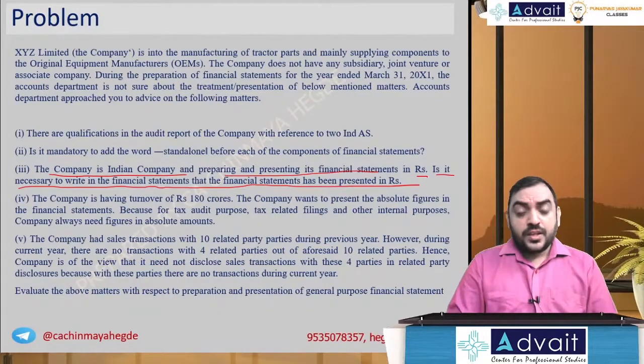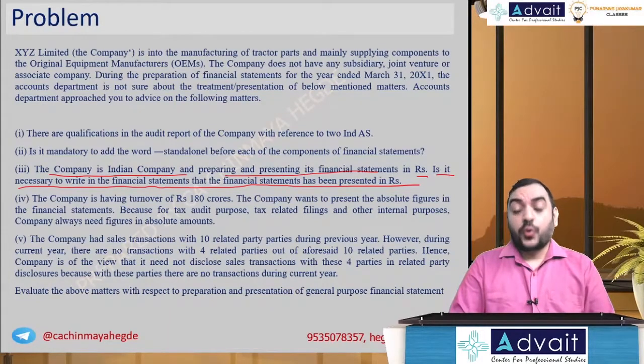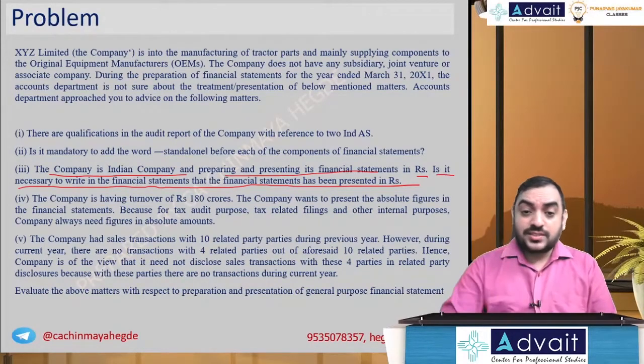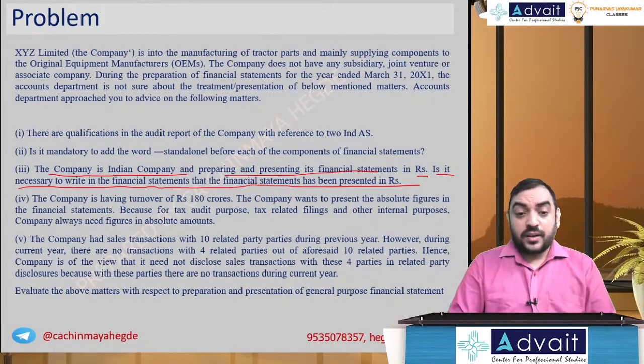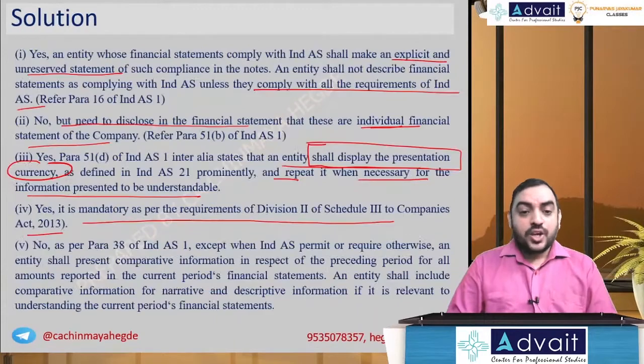Okay, fifth point. The company had sales transactions with 10 related parties during the previous year. Related party, Ind AS 24. However, during the current year, there are no transactions with 4 related parties out of the aforesaid 10 related parties. Hence, the company is of the view that it need not disclose the sale transactions with those 4 related parties, because there are no transactions. Evaluate the above matter for the purpose of the presentation of general purpose financial statements. Okay, so